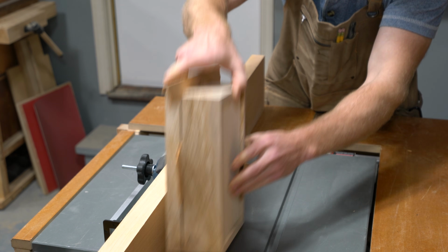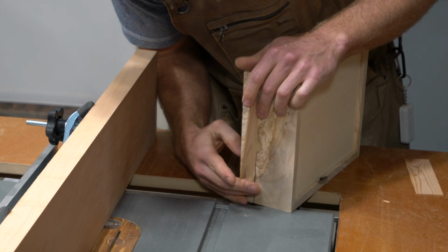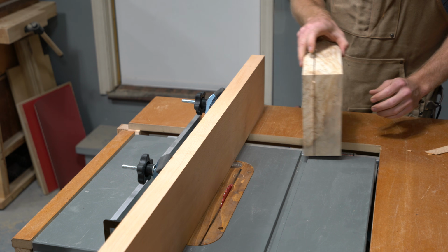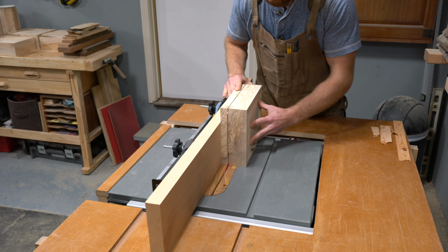Once this third pass has been made, I'll need to rotate the box and also reposition the shims. I'll be using one shim in the front and one shim in the back for this final pass. When making the final pass, just remember that as you make the cut, the box and lid will become detached